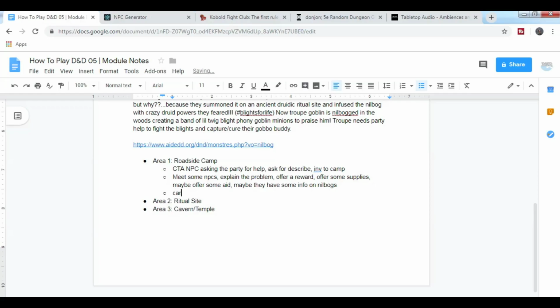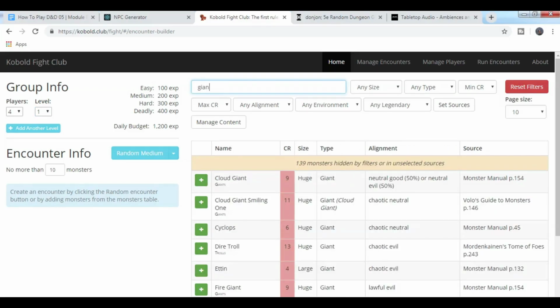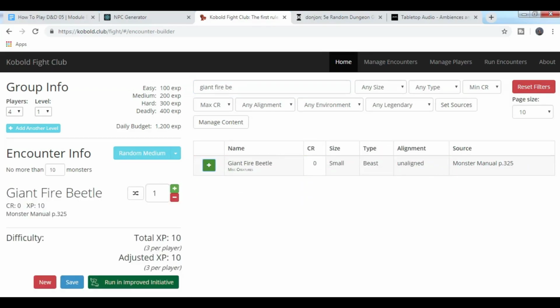So after some carousing, the camp will be attacked by one, maybe, fire beetle. This is where we will bring in tool number 2, Kobold Fight Club. This is a great site because it allows you to search anything in the SRD. You can set your number of players and party level over here, and it will rank the encounter as easy, medium, hard, or deadly. So if I just search in here for giant fire beetle, I can select that and